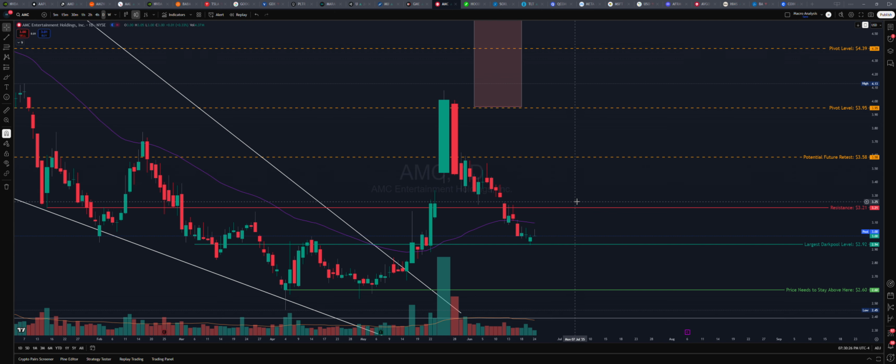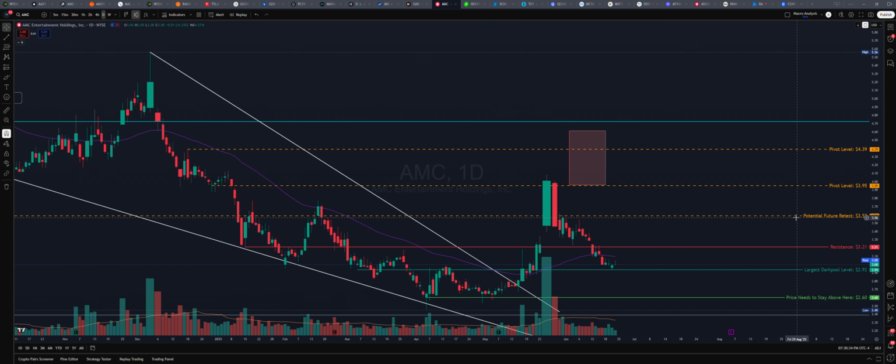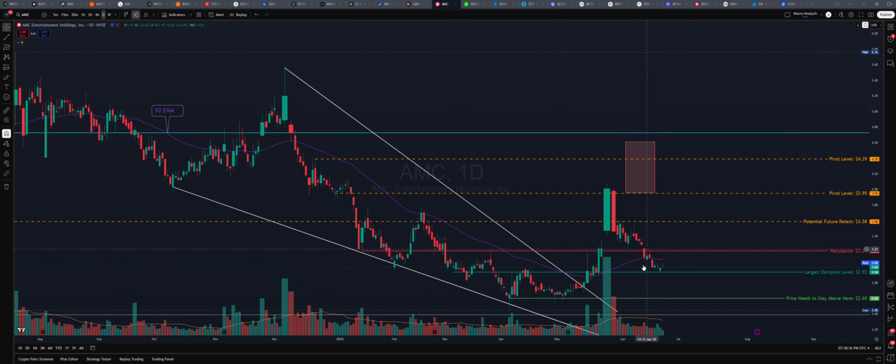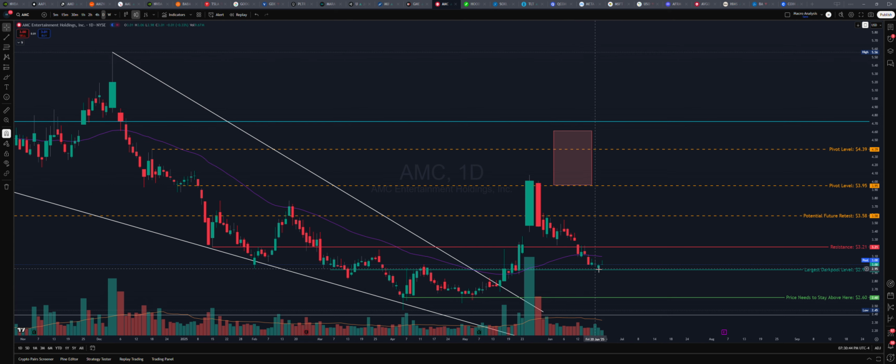The fundamentals are looking better based on the box office. So you want to see AMC start moving up towards this 321 area. This could simply be a retest of the breakout, but you don't want to start closing below here, guys. This 292, which is a huge dark pool area for AMC.